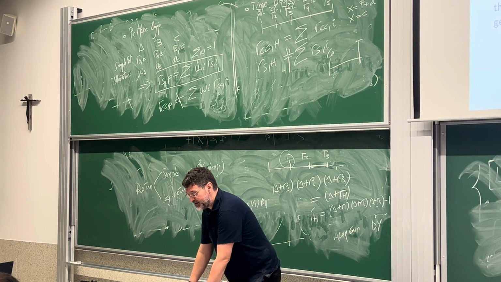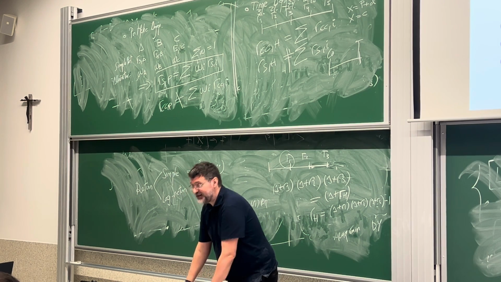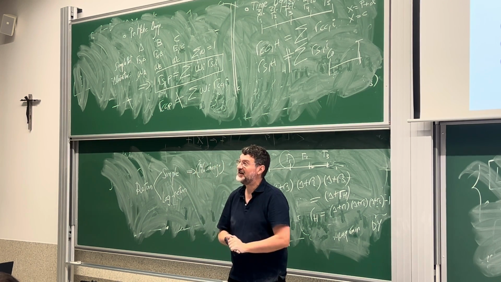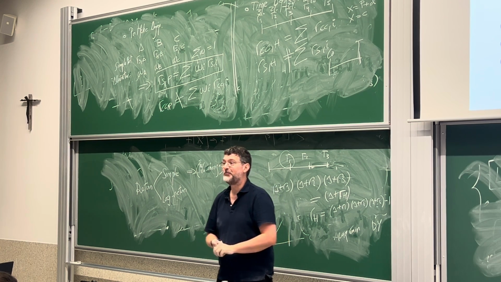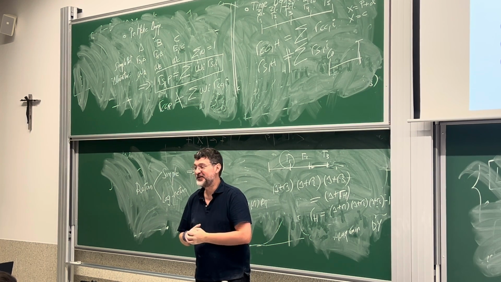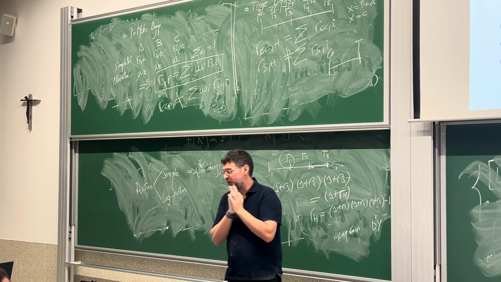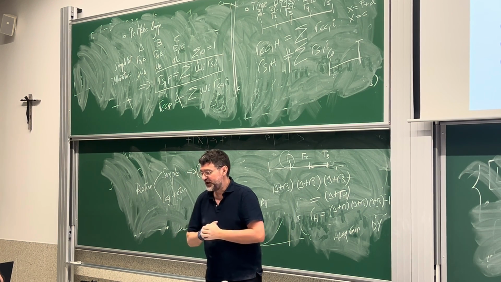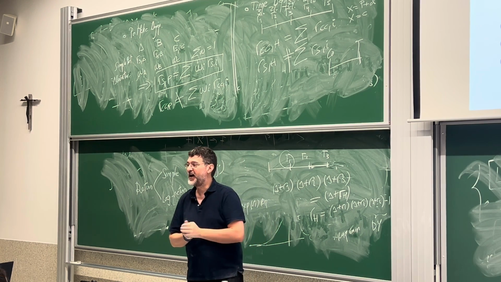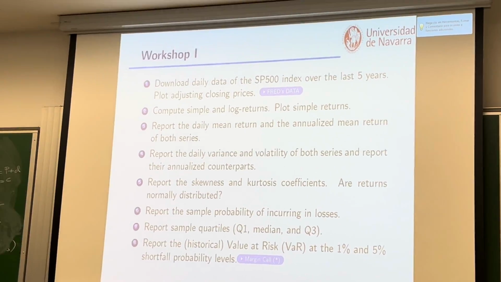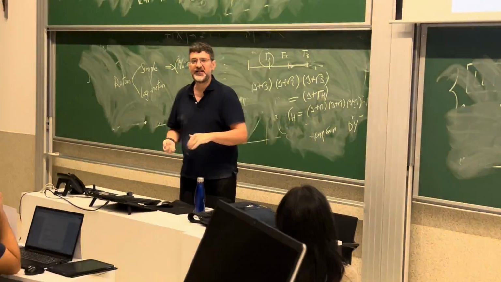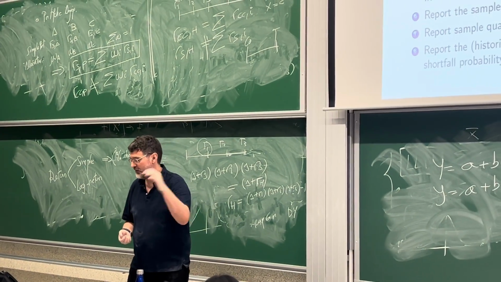Well, guys, pretty much this is it. I have just 5 minutes, so I'm not going to push too much. We're going to start this workshop next class. This is what we're going to do next day. We're going to get the S&P 500 data from the Federal Reserve that we have there. We have 10 years of data. It tells me 5 years, let me go 10 years. We're going to get something more.